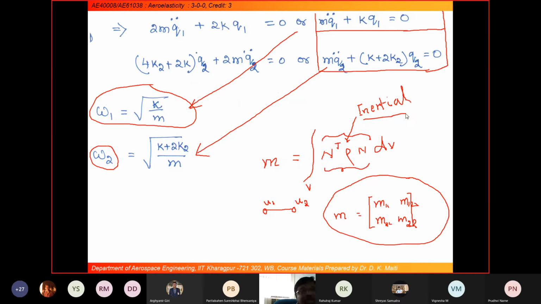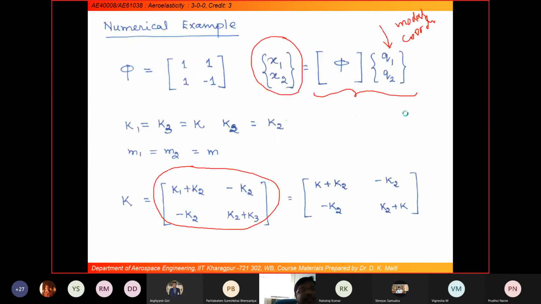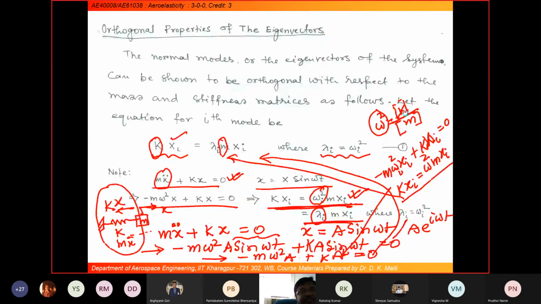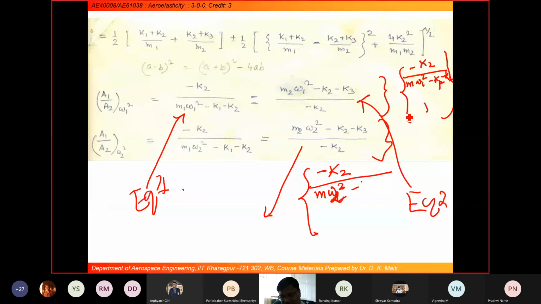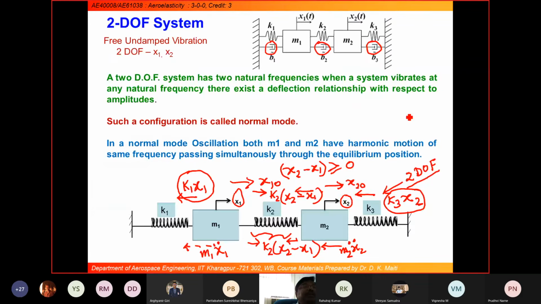In this approach, because I have taken all mass as lumped mass, if you look, I have considered only the spring and this lumped mass. That's why in this formulation I will always get a diagonal mass matrix. But in the finite element formulation, where we calculate the mass matrix using the consistent mass matrix approach, we will get off diagonal terms.